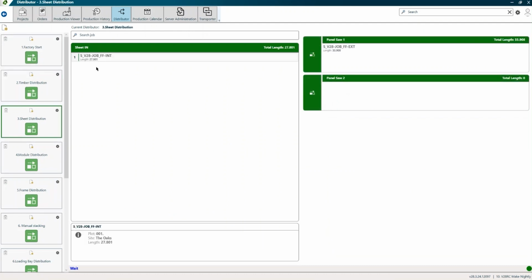Each distributor can be accessed using the green button in the left-hand column, and when you select an item in the middle column, you can see at the bottom of the screen what order that particular item belongs to. To distribute something, you need to be able to see where you're distributing to, which is what the right-hand column is showing. And when clicking on a green button on the right-hand side, items will move from one location to